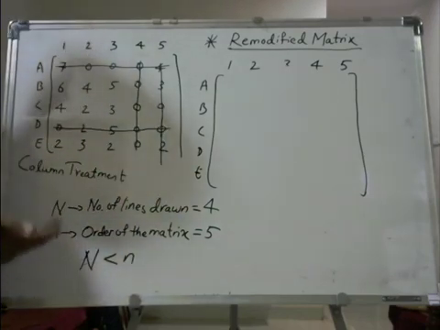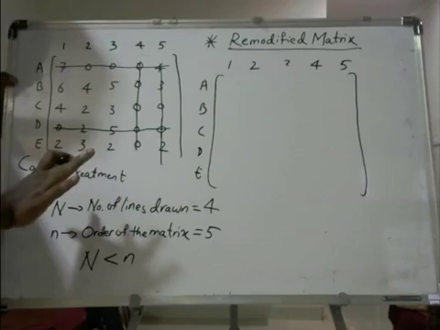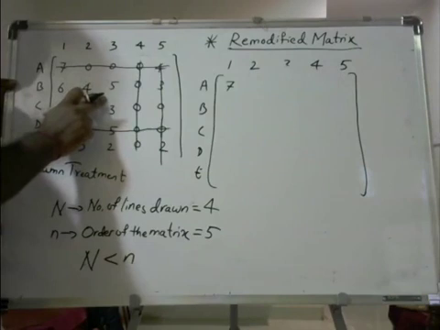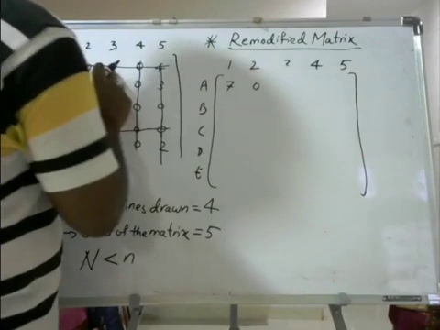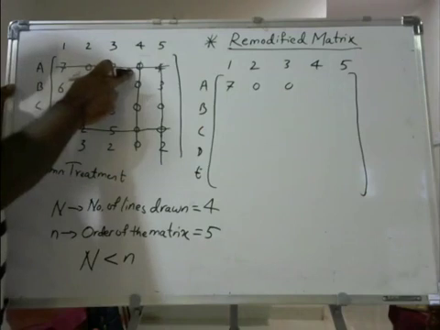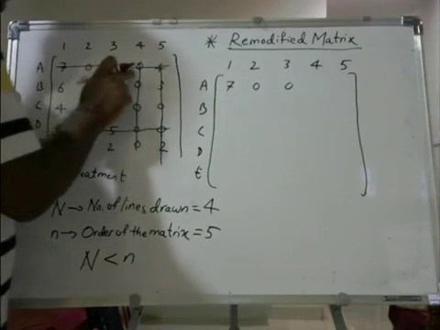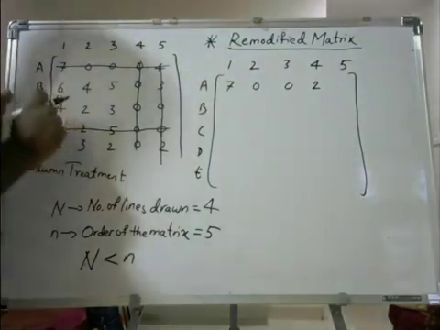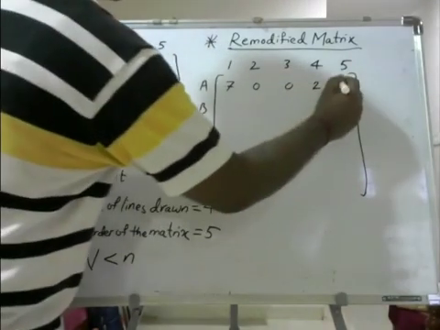Now let us solve it. This element is 7. You have to keep it as it is, because neither is it an intersection nor an uncovered element. So 7 will be as it is. 0, 0. Now there is an intersection. What you have to do here? Add the smallest element. Here you have to add, here you have to subtract. So here you have to add. 0 plus 2 is 2. Now here also it is an intersection. 4 plus 2 is 6.